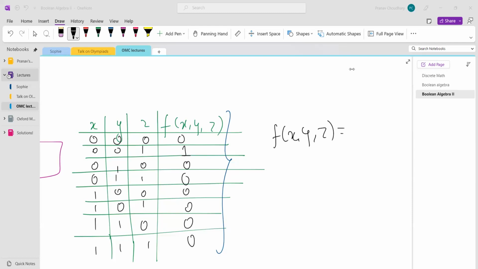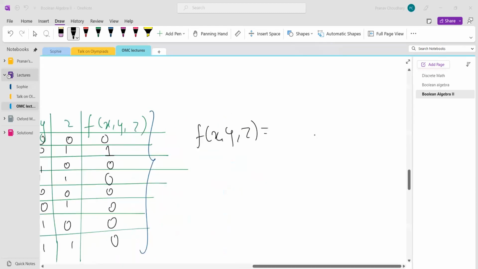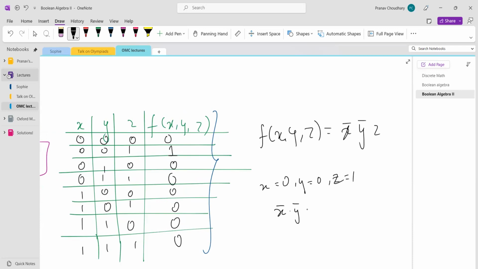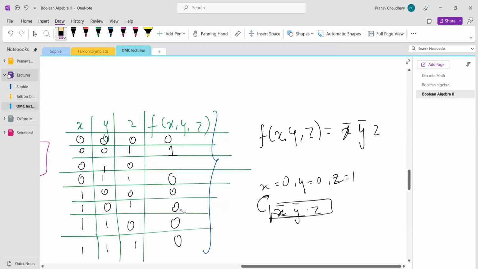We can have x bar times y bar times z. Exactly. So we see that this function has value 1 at only one point, which is the point when x equals 0, y equals 0, and z equals 1. Which means if we consider x conjugate times y conjugate times z, this will be 1 at this point, but 0 at all other points. So now the thing which we had,